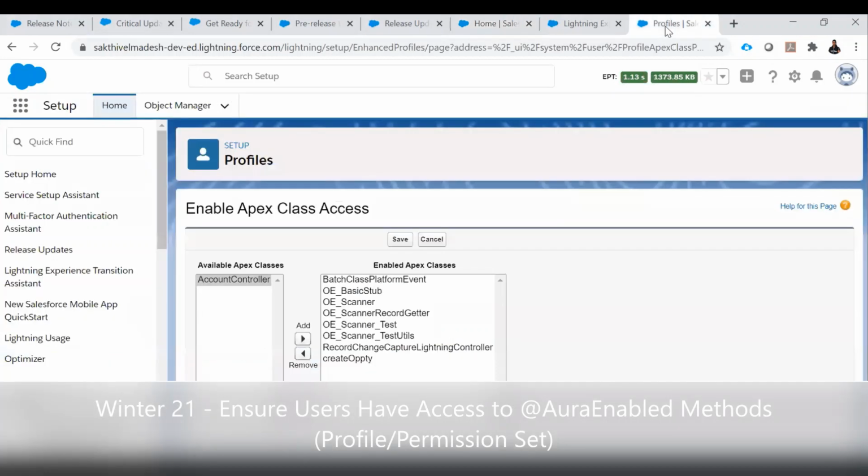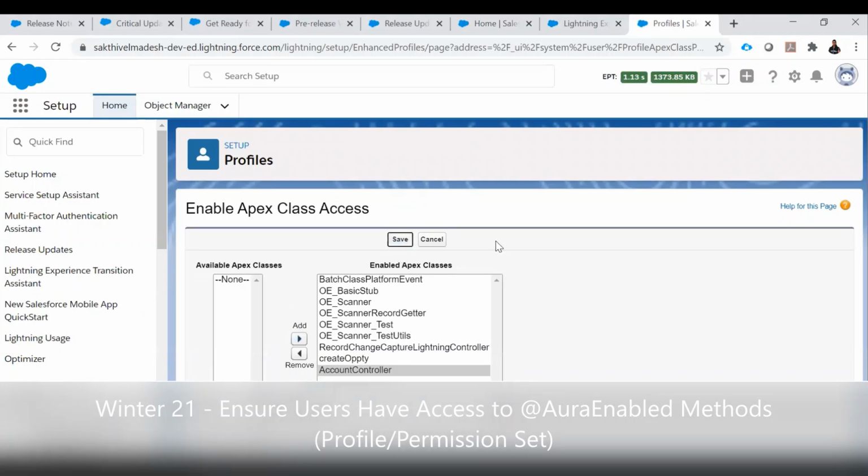For that, we need to go to the profile, or if we have a permission set, we need to enable the Apex classes. So let me select this and enable the Apex classes. Let me save.